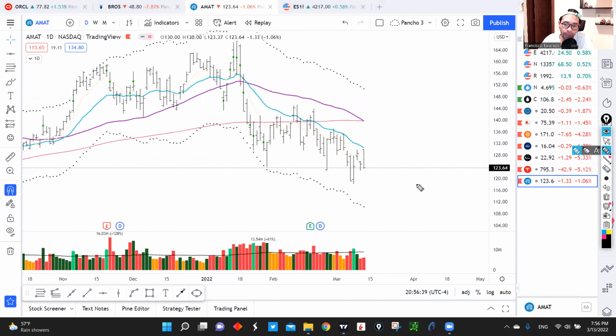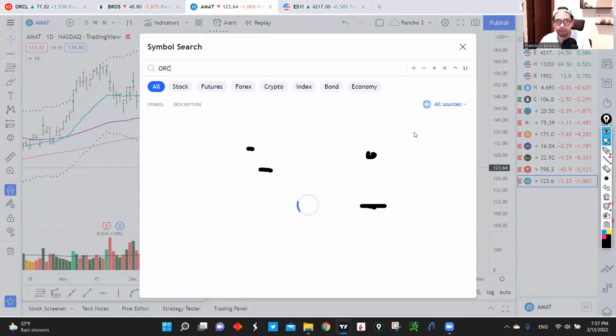So if we happen to bounce early in the week, what is going to be the setup? The setup is going to be to short AMAT as close to that 21 exponential moving average as possible and target a possible move all the way down here to -3 ATR. As you can see, this name tends to make moves all the way down to the extensions. So those are basically the names that I'm watching. And I'm also watching one name. Let me include one name here.